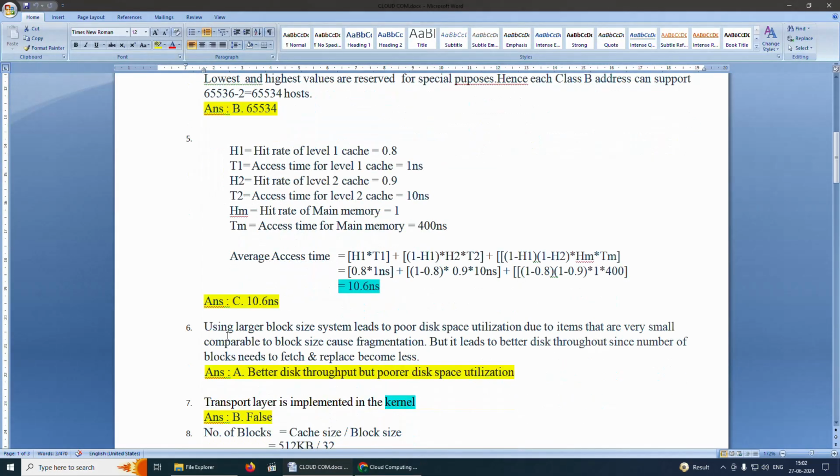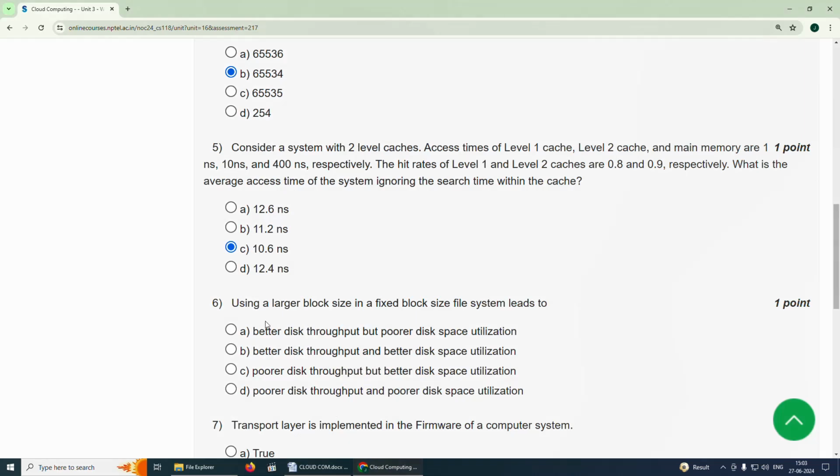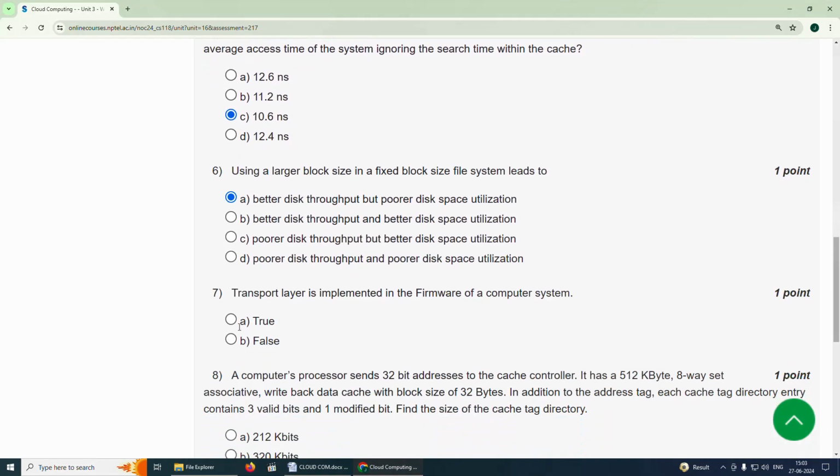Using larger block size leads to poor disk space utilization, because items that are very small compared to block size cause fragmentation, but it leads to better disk throughput since the number of blocks that need to be fetched and replaced becomes less. So the answer is option A, better disk throughput but poorer disk space utilization. Seventh question, transport layer is implemented in the